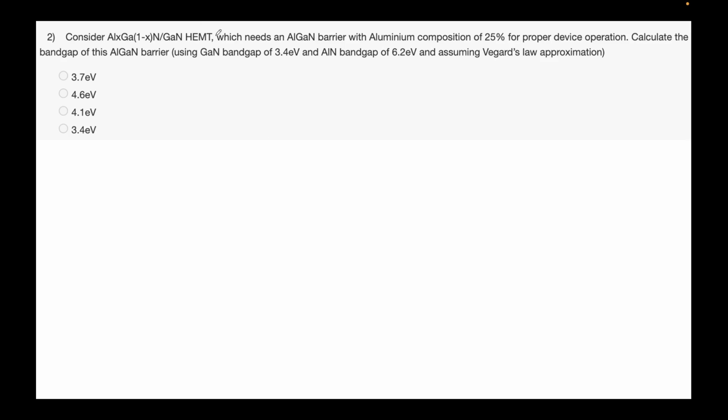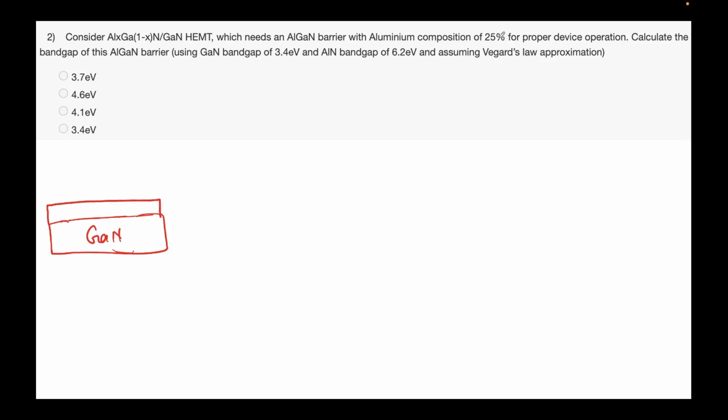HEMT is just a cousin of FETs. We need not worry about what it does, but the material is given here. So we have a gallium nitride layer at the bottom, and on top of that we are growing AlGaN. So this is the AlGaN layer,